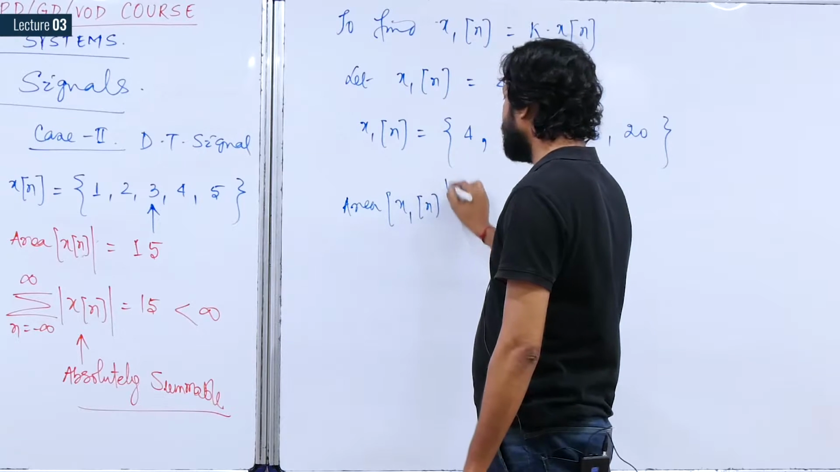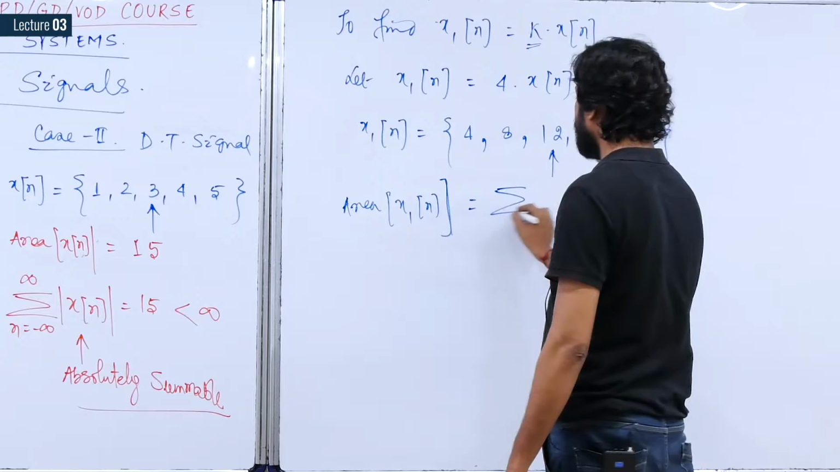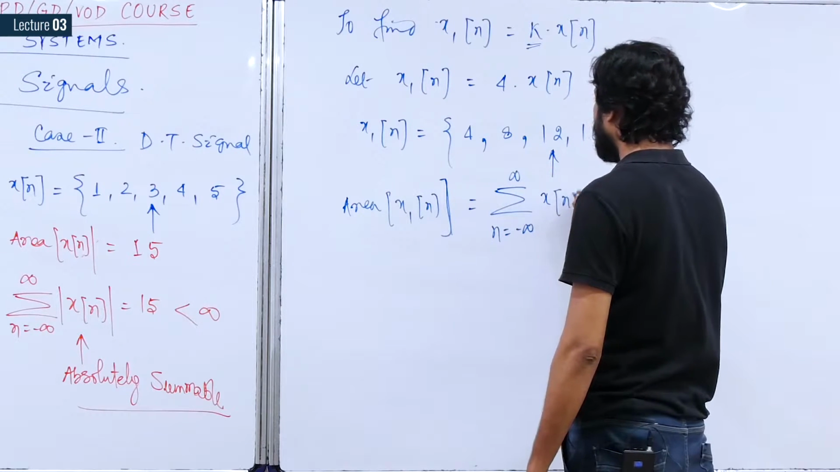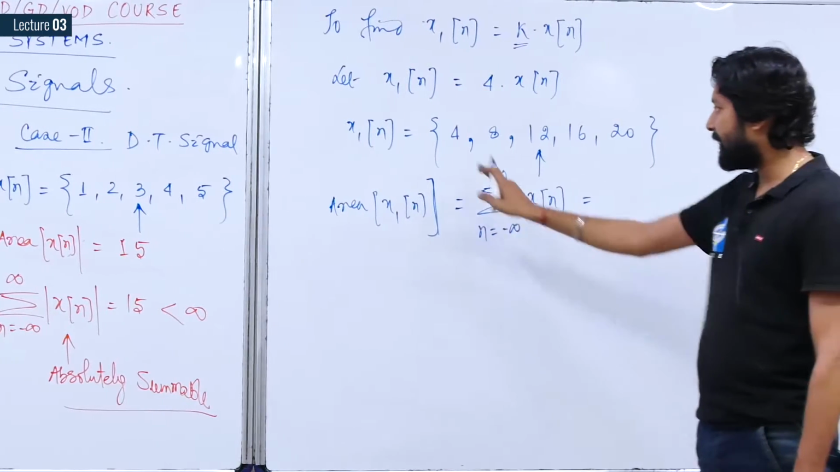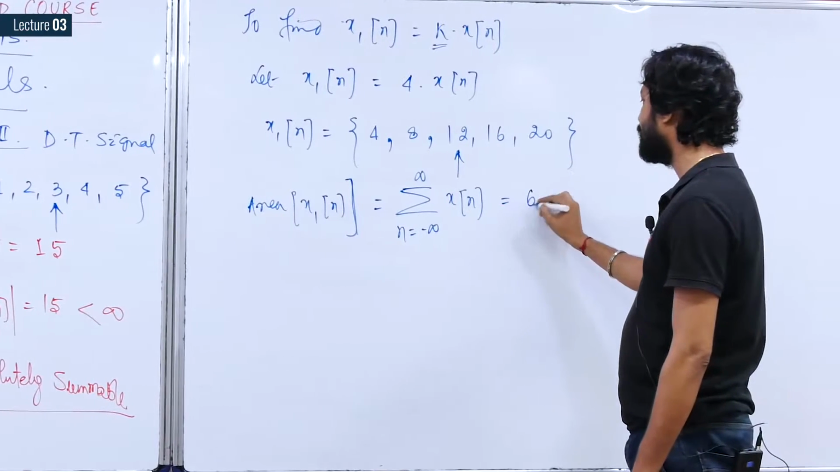Now, if you are going to define the area of x1 of n, what is the value of the area of x1 of n? For area, you are going to take the summation from minus infinity to plus infinity of all the samples of x1 of n. That is, you just have to add up all these values. Therefore, it will be 4 plus 8, that is 12, plus 12, that is 24, plus 16, 40, plus 20, that is equal to 60